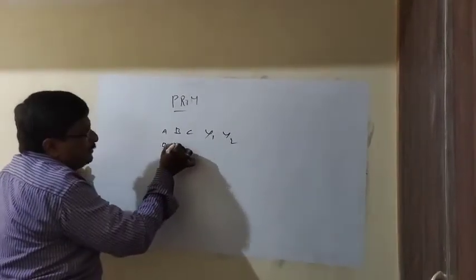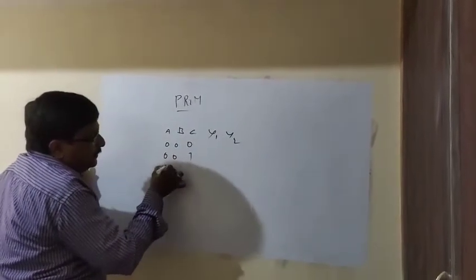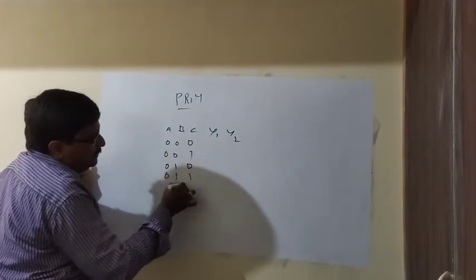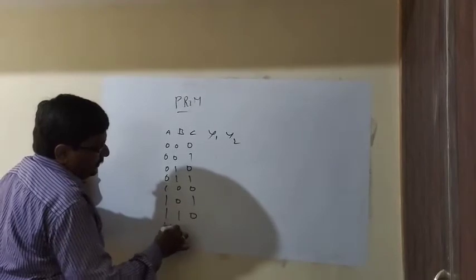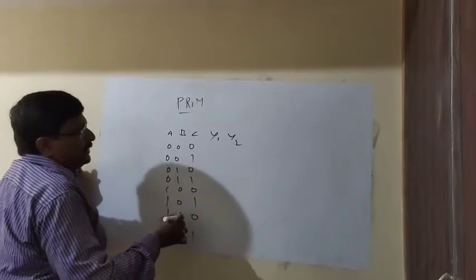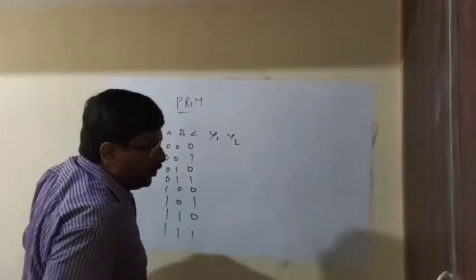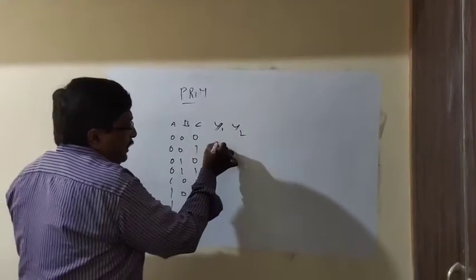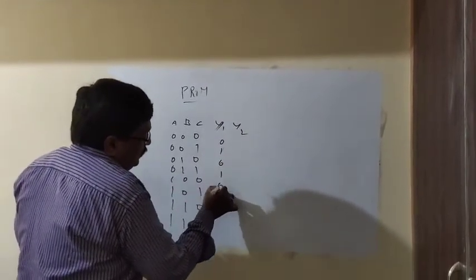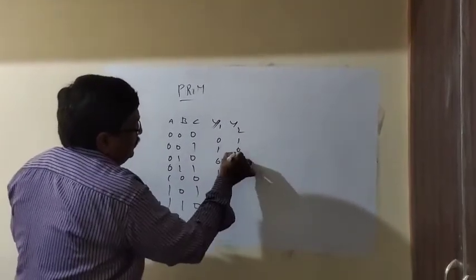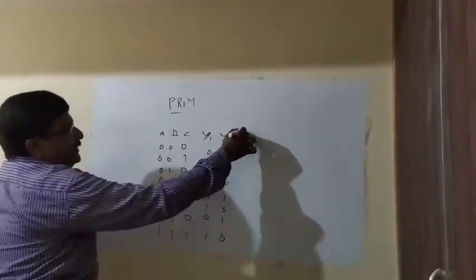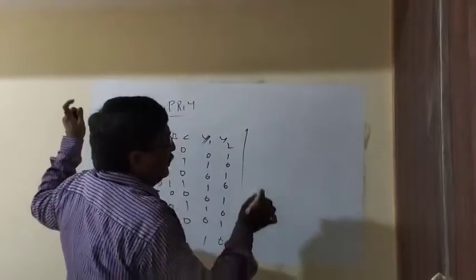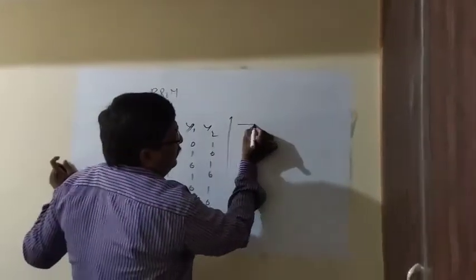Three inputs I am considering here, A, B, C, and two outputs Y1 and Y2. So 3 inputs means a possible combination of 8. With respect to this, I am generating the PROM output with a fixed logic, like I am taking 0 1 0 1 0 1 0 1 and 1 0 1 0 1 0 1 0. So two outputs are being considered. With respect to this, the circuit will be designed.